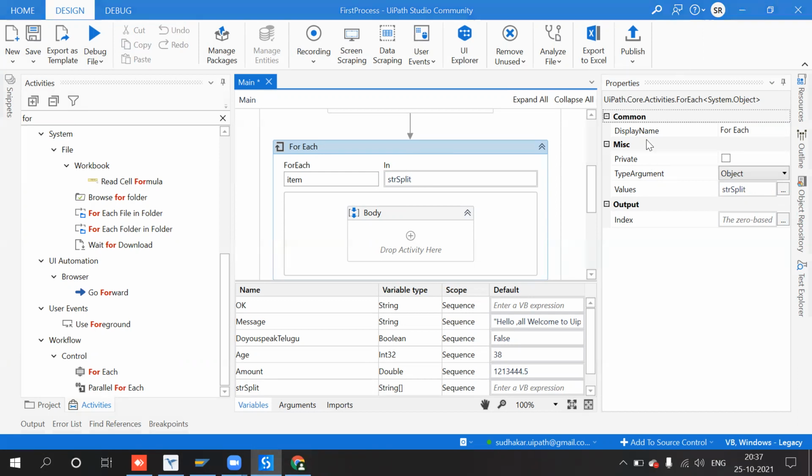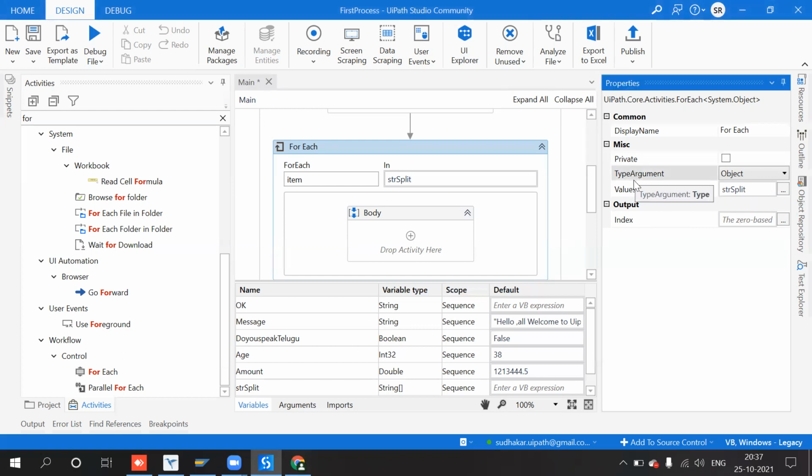So in the properties, where are the values available? Values are available in the str split variable. Okay, and we have to change the type argument, because what is the type of this value? It is a string, right? So we have to go and select string.